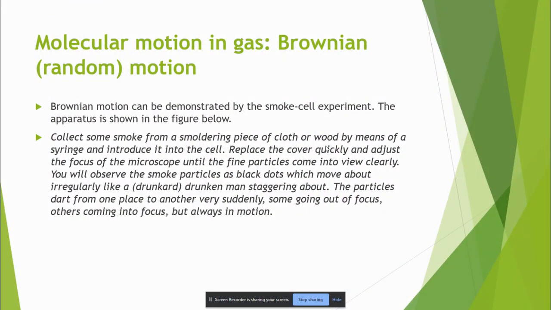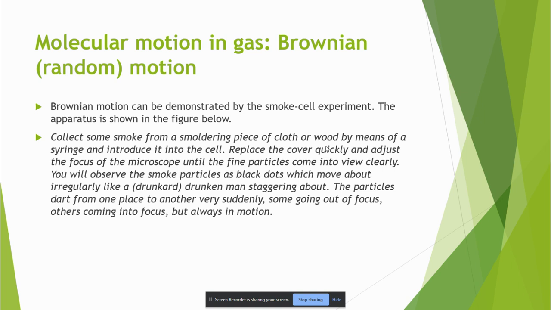So the molecular motion in gas, which is the Brownian motion, note that it is a random motion. And what's a random motion? It is a motion that you cannot really say, at a particular time, this is the direction of that motion. It is just random. And when you say something is random, I can just say, okay, five. Five is just so random. I can just say, okay, 728. It's just so random. So the direction can just be anything out of like a million.